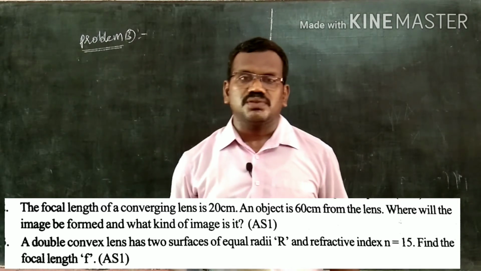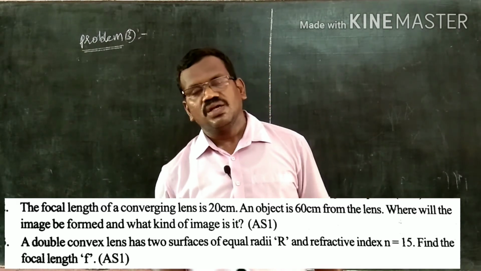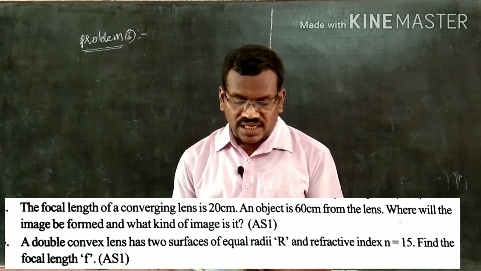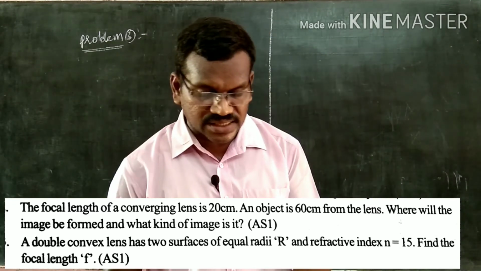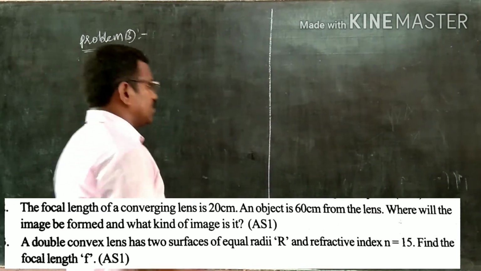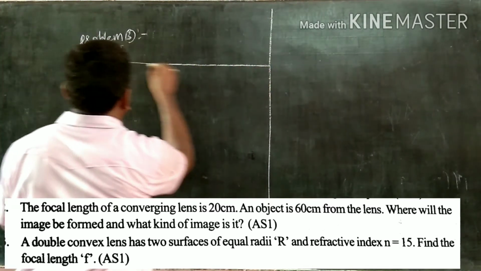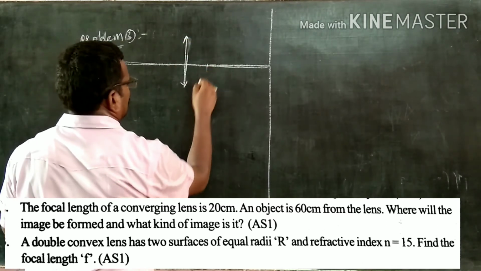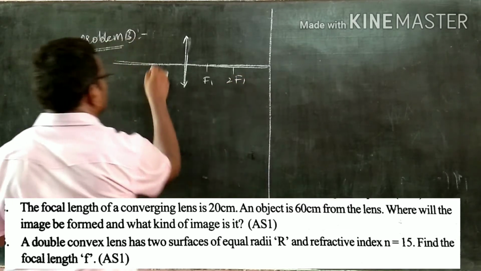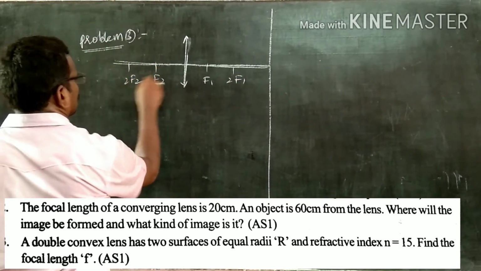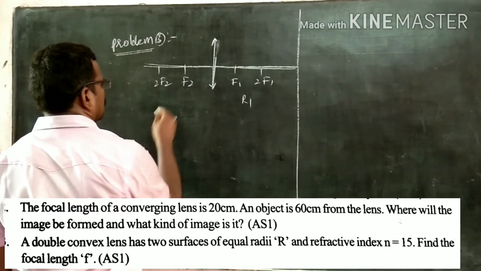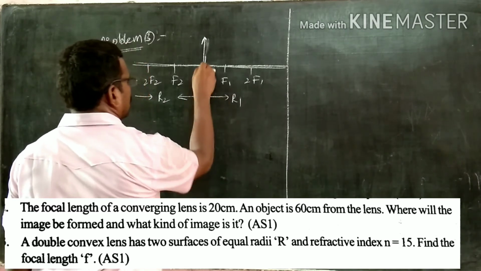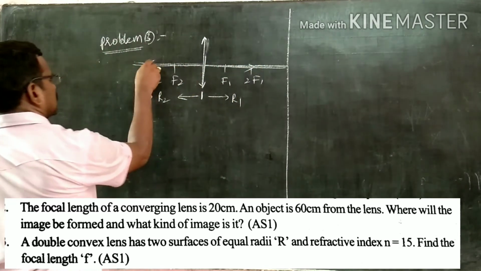While reading a problem, we should come to know what the clue is. Why? Because in every physics problem there will be a clue. We should find out the clue. Here the given clue is double convex lens. So in the case of a double convex lens, draw the principal axis, this is the double convex lens. And this side it is F1 as well as 2F1, F2 as well as 2F2. This side is nothing but radius of curvature 1, and this side, on the left hand side, radius of curvature 2. From the optic center onwards we are going to measure the distances.